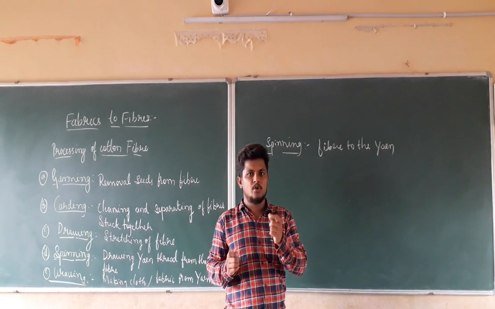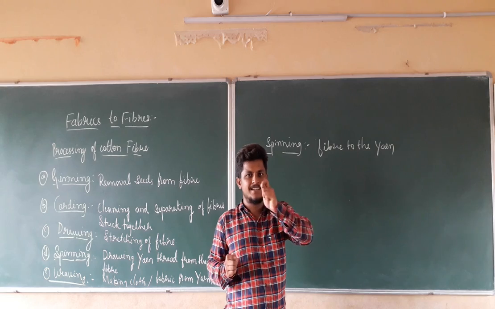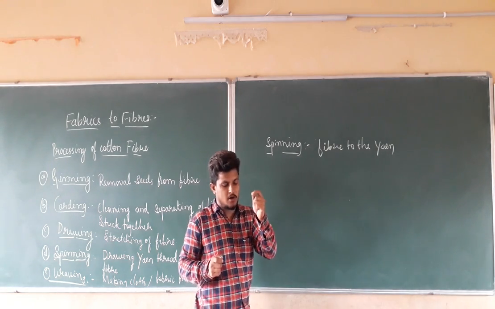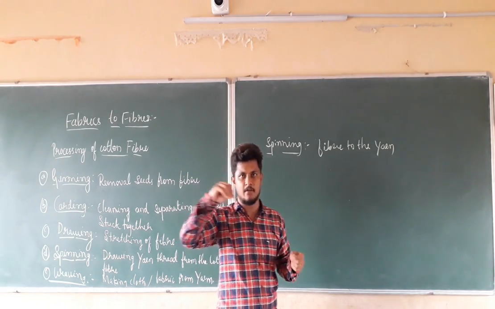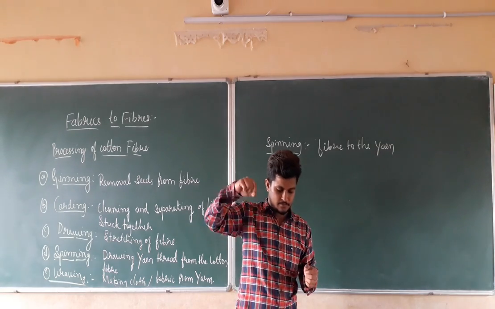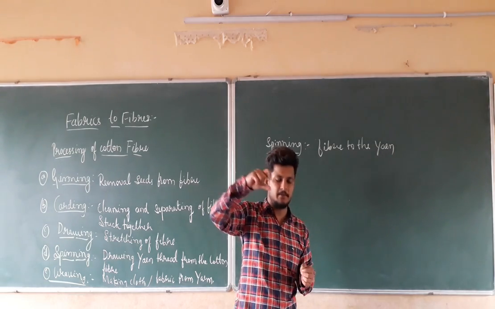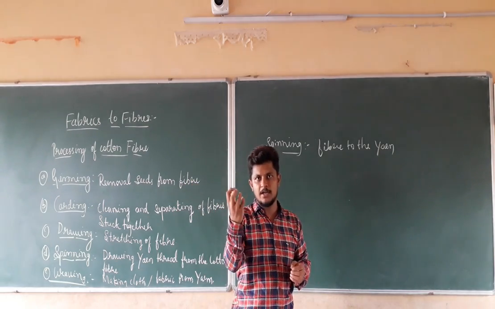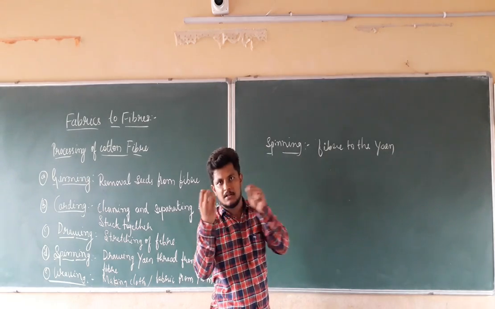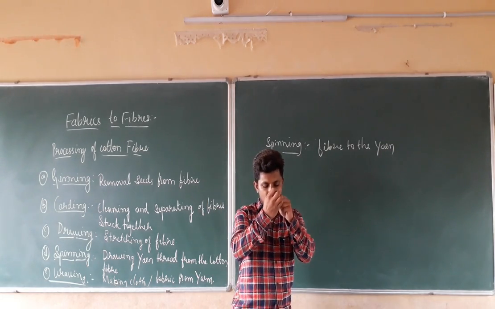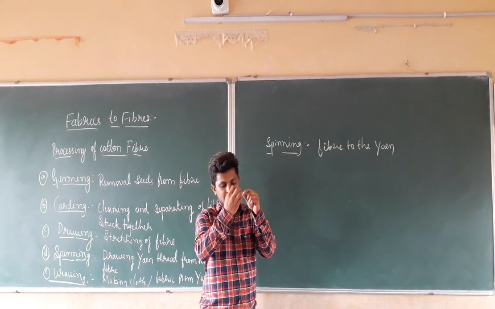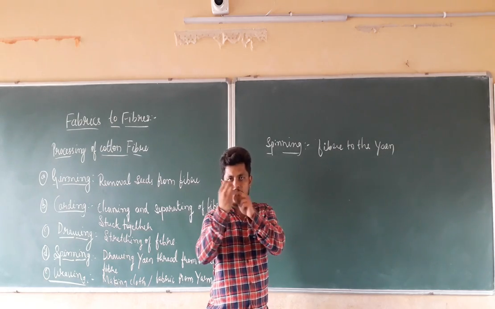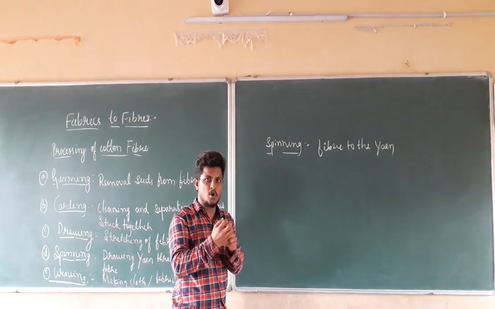That cotton wool we are going to take in one hand, and we are going to press it beneath our fingers in one hand. We have to pinch some cotton out using the thumb and forefinger of the other hand. We have to hold it in one hand, pinch it using the thumb and the forefinger, and gently start pulling out the cotton which is present in that cotton wool.